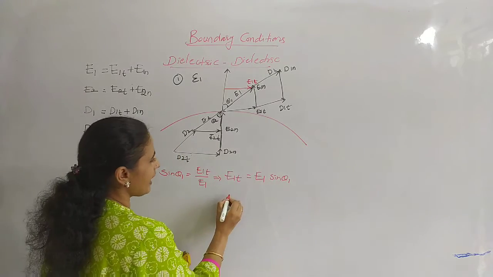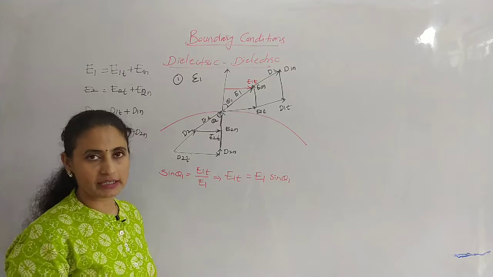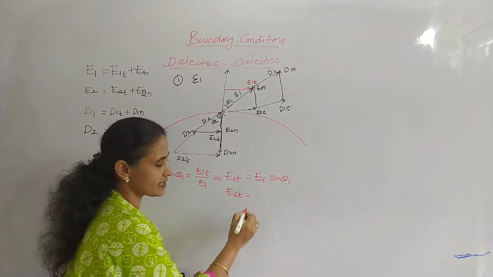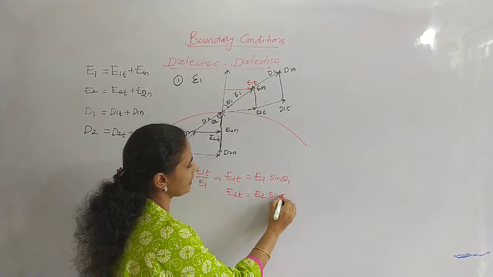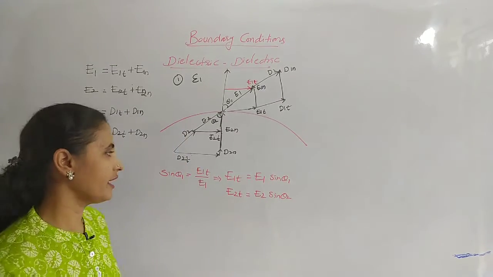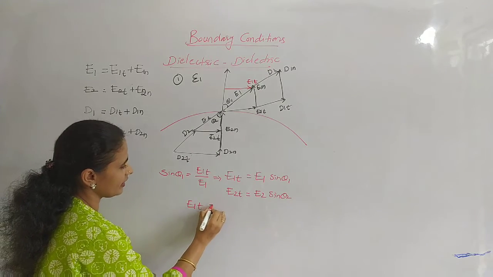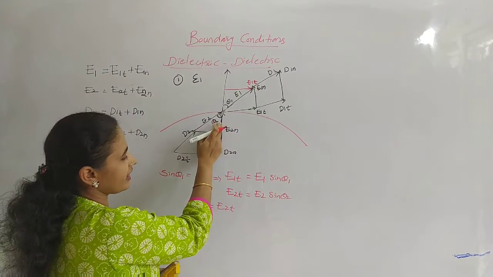In the same way, we know from the boundary conditions that E tan 1 equals E tan 2. The tangential component in both the mediums is the same. So it will be E2 sin theta 2. So E1t equals E2t, or if you write the sin theta also, sin theta is equal